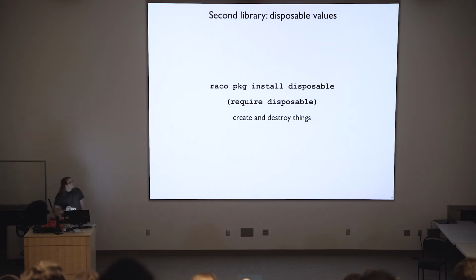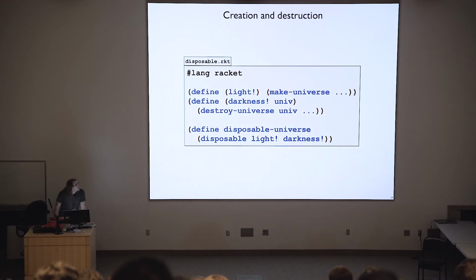So I made a package called Disposable, and this was a way for me to abstract over creating and destroying stuff, especially stuff that involves I/O and external resources and other systems, like a row in a database. So a disposable value is a pair of a way to create something and destroy something. So here, if we have a way to create a universe and destroy a universe, we can join them together